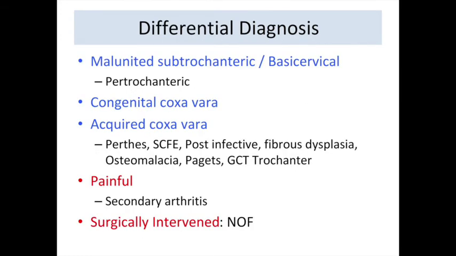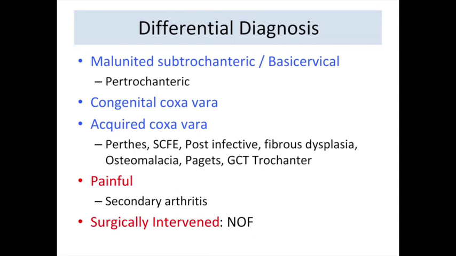The next question immediately: do you have a differential diagnosis? If there is a surgical intervention, everything gets changed. So if your history and your signs are not fitting in, and it is a surgically intervened case, even a non-united fracture neck of femur will fall into a differential diagnosis. If it is a painful hip, again a secondary traumatic arthritis fits in, and there is a huge list on that. However, if it is a plain and simple malunited trochanteric fracture, you still need to have certain things in your mind.